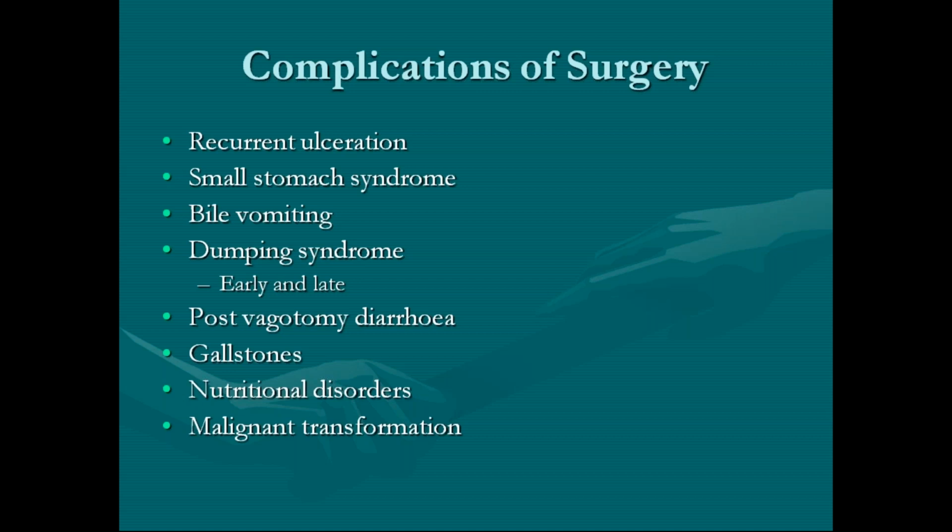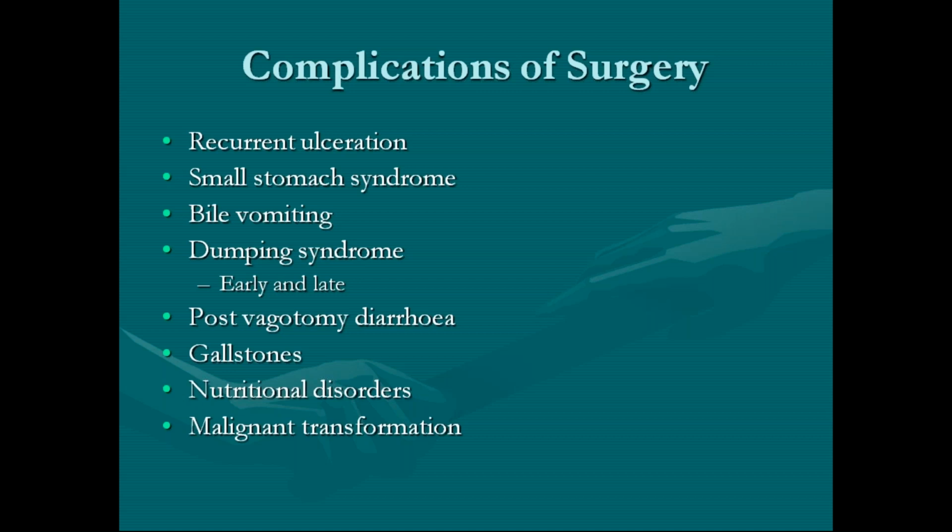Then coming to gallstones. Why do gallstones occur? In vagotomy, what you are doing is denervating the vagus nerve, which supplies the GI tract and the gallbladder. So the gallbladder is denervated, there will be no contraction and relaxation, everything is lost. There will be stasis of bile inside the gallbladder, which leads to formation of gallstones. But not in every case of gallstones do you have to plan surgery. Only symptomatic cases you will plan for surgery.